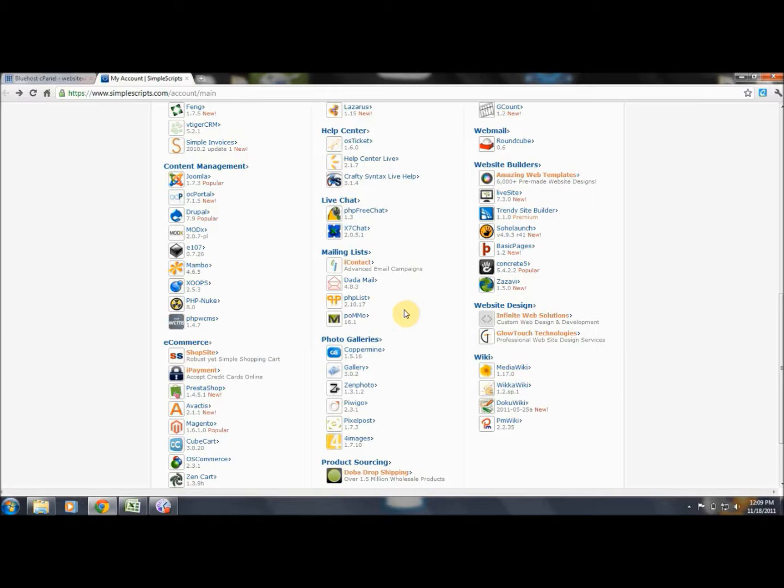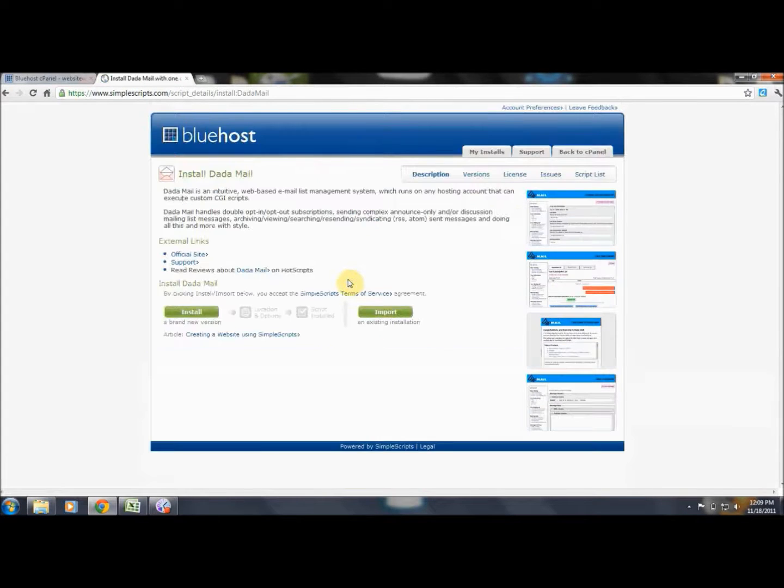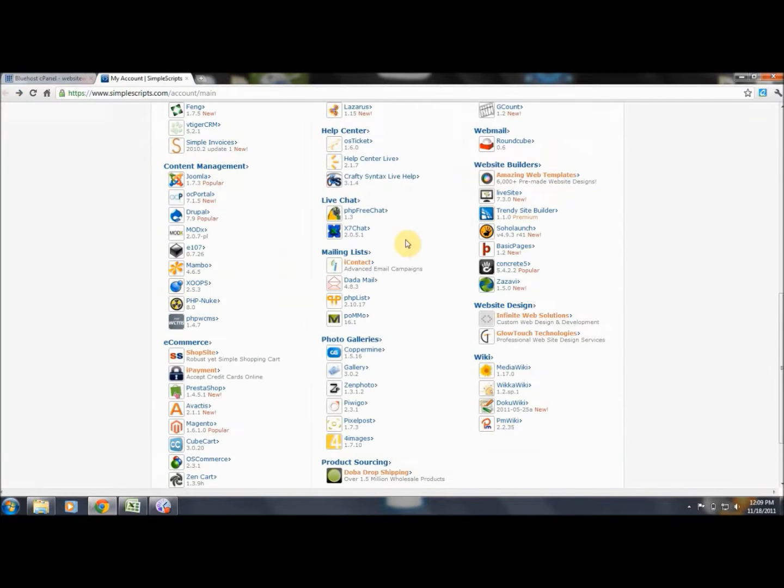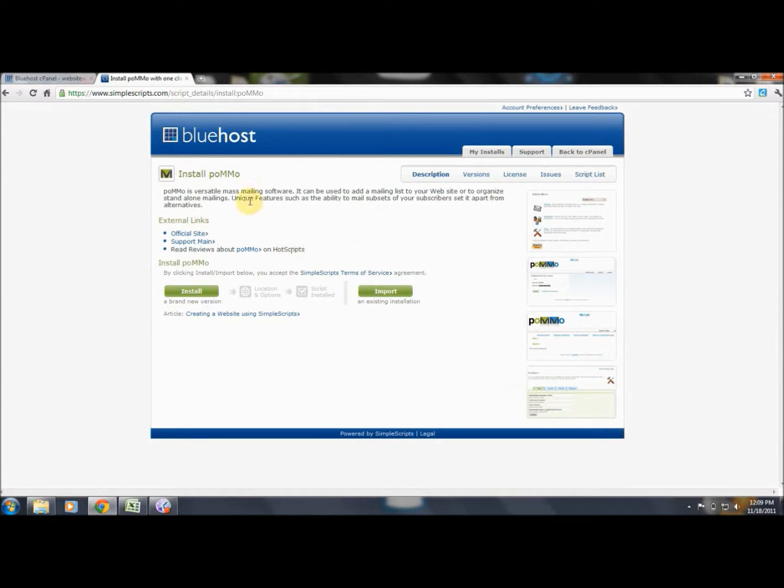Now, .email, let me show you something about this. This is a simple script install, and actually I don't personally like .email, but some people do. But PHP list, let's go down to Pomo. Pomo is actually a free email software, but the issue with it, and we tried it out and sampled it,